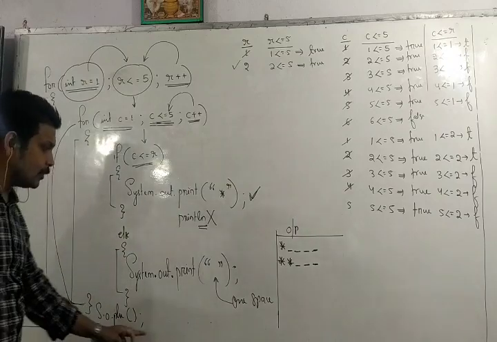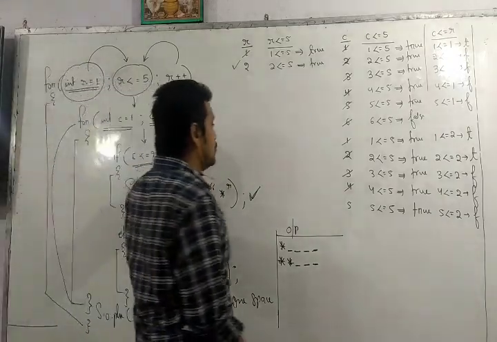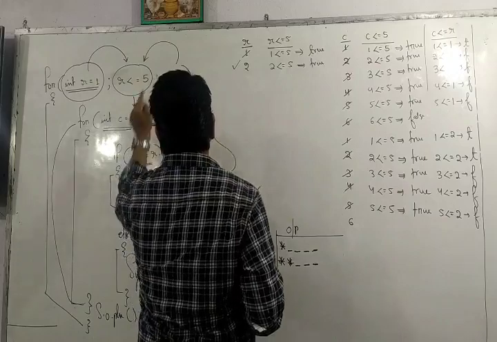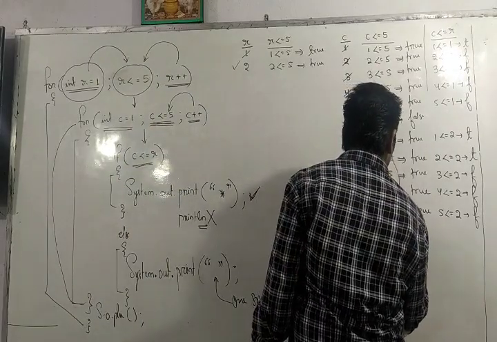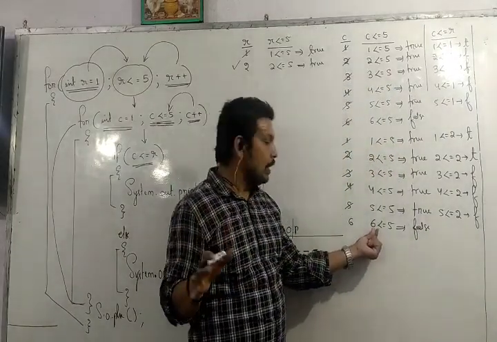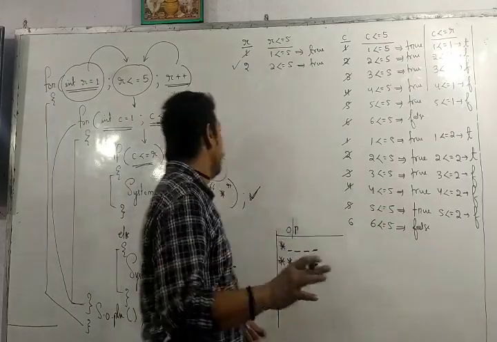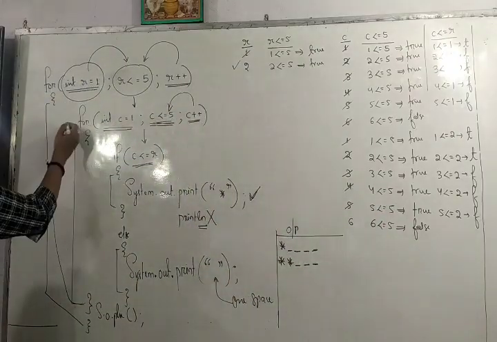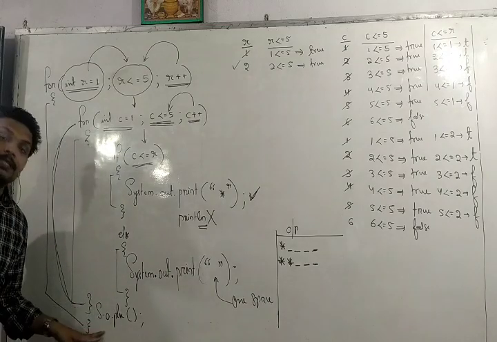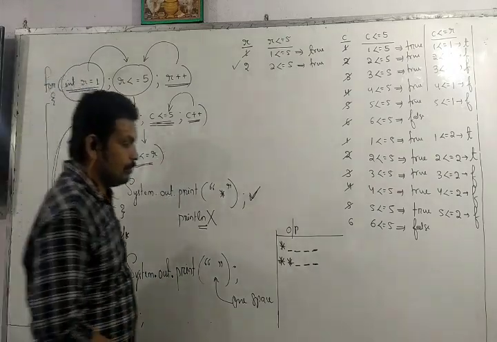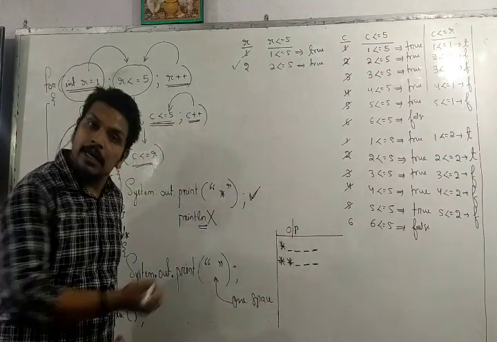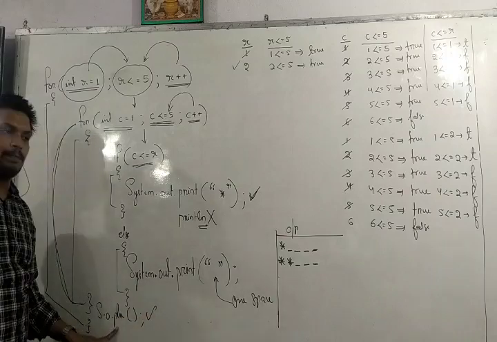Then again the control will go to the updation expression of the inner for loop, C++. So here we will get 6. Is 6 less than or equal to 5? So we are getting false. Why? See, 6 is less than 5? No. 6 is equal to 5? No. So we are getting false. If we are getting false, the control will come out of the body of the inner for loop. And just after the inner for loop, we have written System.out.println, because of which the control will come to the next line.